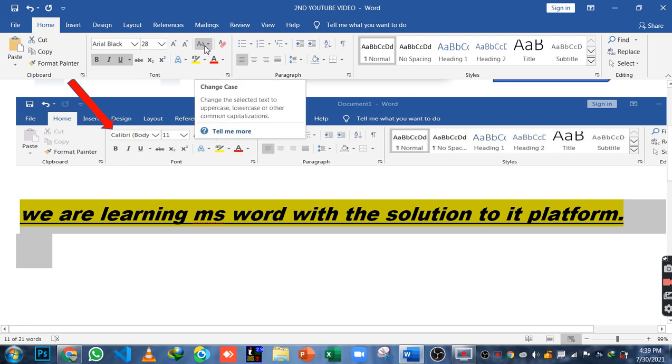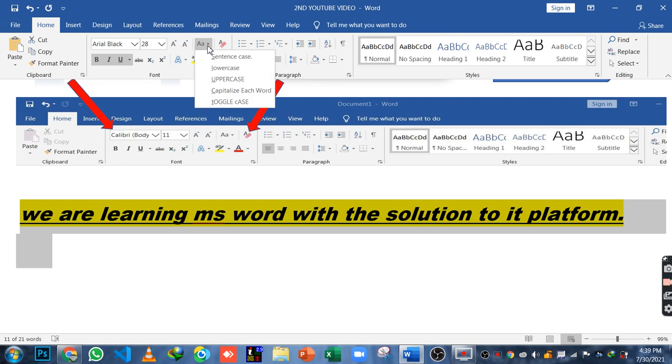And there is also another option of change case. As you can see, there are different options: sentence case, lower case, upper case, capitalize each word, and toggle case. So if you want to change the case of your text, like if you want to make it in a small letter or capital letter. If you want to make it in a small letter, you have to click on lower case.